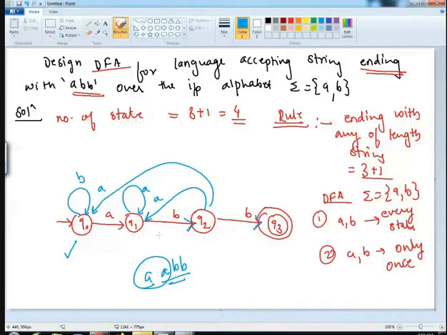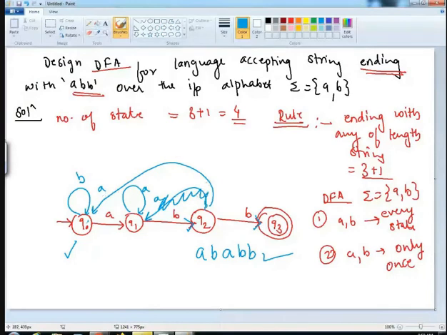Now let's see how. अगर मैंने मशीन को ऐसे दिया है A, if I have given A, B, B, machine should go to accepted state. Okay. But if you give to Q0 state, let's see what will happen. अब मान लो ये मैंने नहीं दिया है, आपका Q0 state का है.